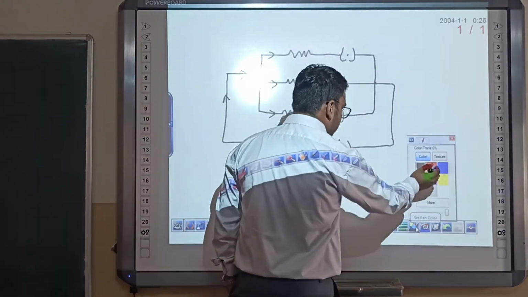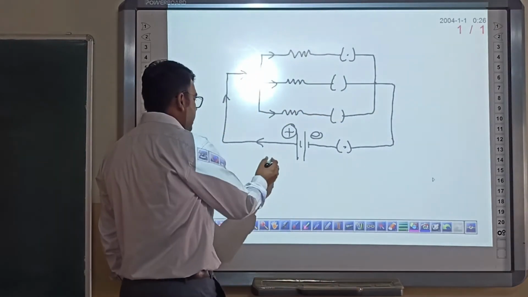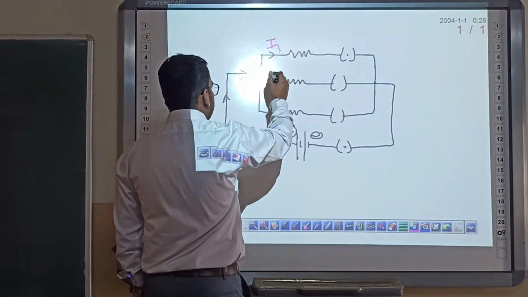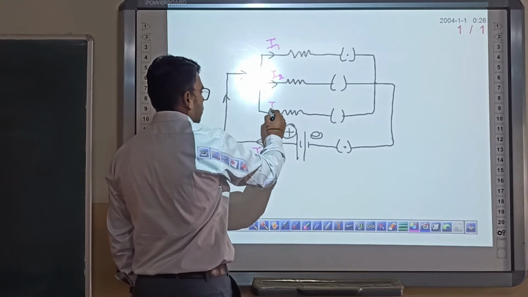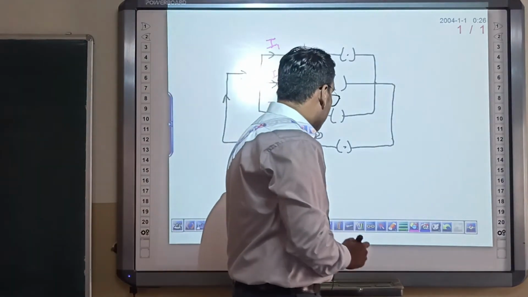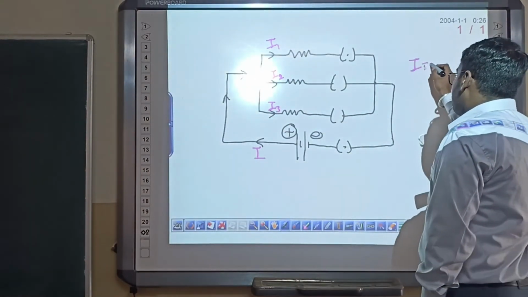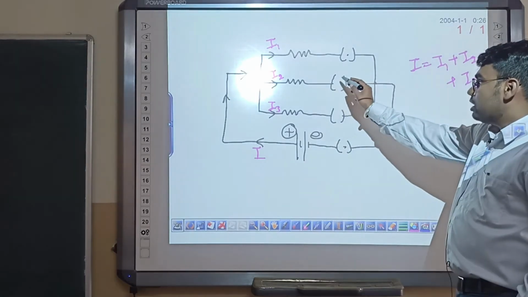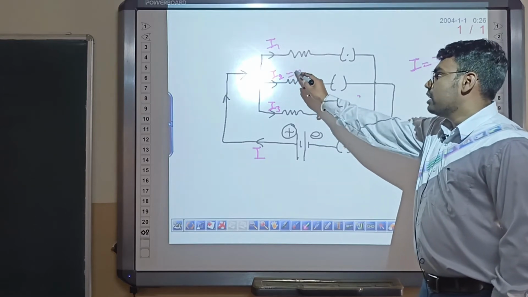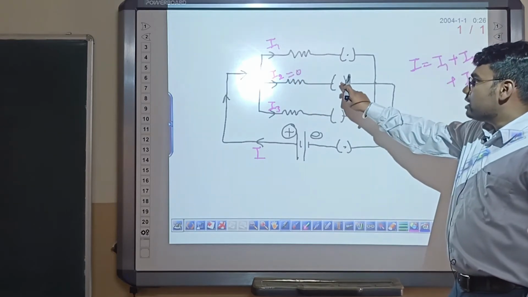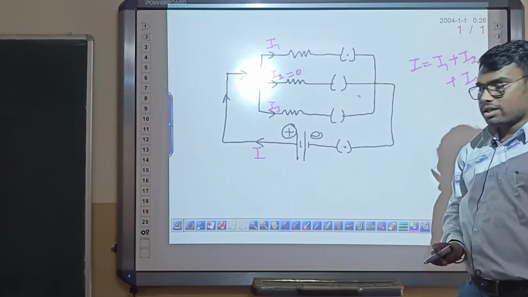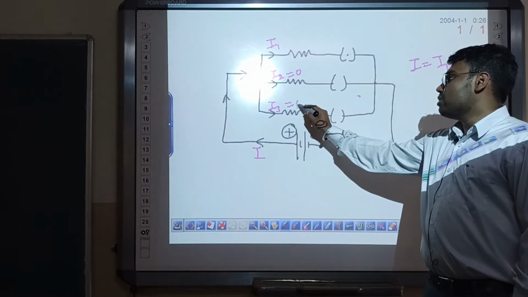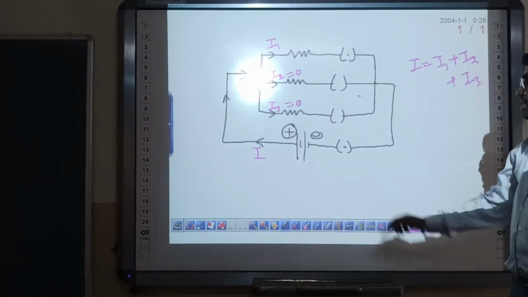So what will happen to the current? Answer is current will distribute. Let us say the total current is I. Some part will go from the first, some from the second, and some from the third, and the total current will be the sum of these three currents. There will be no current from this circuit, but it doesn't affect this upper circuit. That means this resistance will work fine. Similarly, this current is also zero since the switch is off.